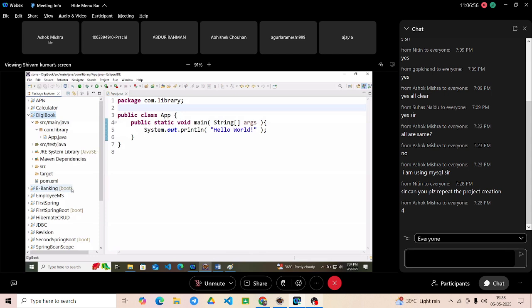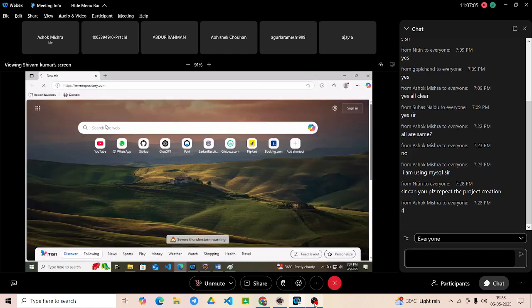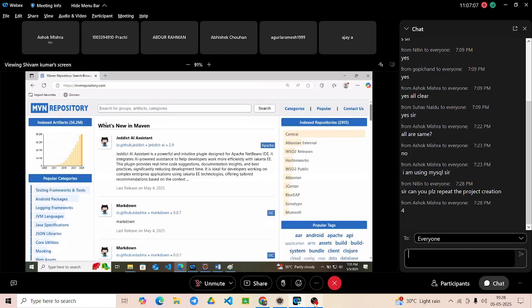Spring Core and Spring Context. Spring Context because we are working with the application context container. That's why. So in Maven Repository, searching for Spring Core